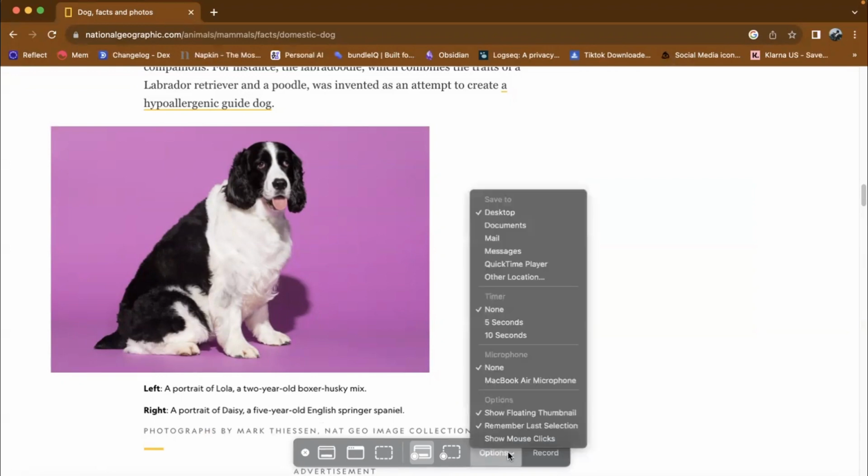These convenient shortcuts make it effortless to capture and annotate any important information or